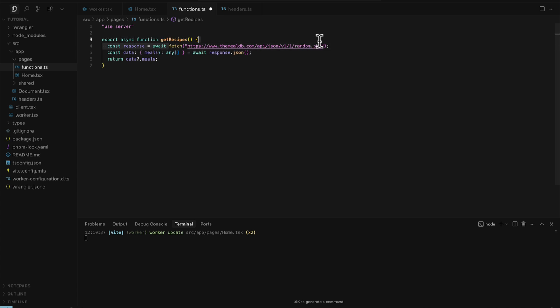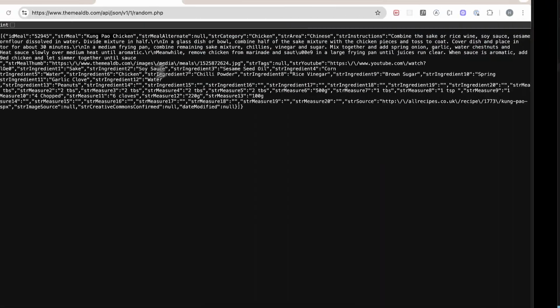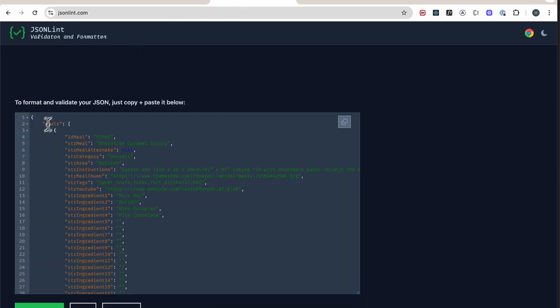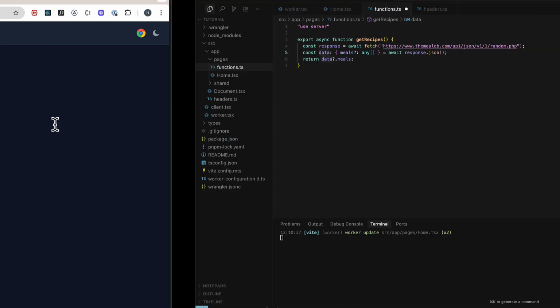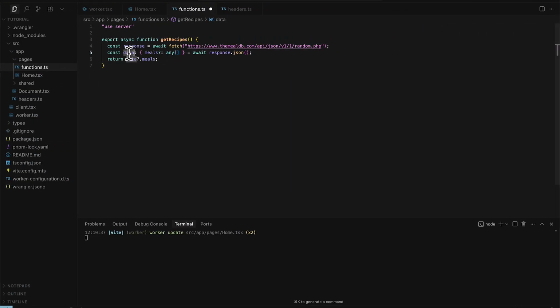We're fetching the meals from the API, and the data comes, as we've seen, as an object with this meals array. So we get the data with the objects, and we get an array that we just type as any, and we await the JSON response, and then we return the meals to wherever we use it. So we've created this. Now let's go back to our home